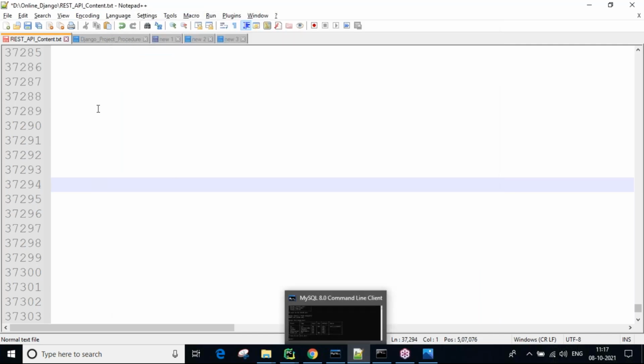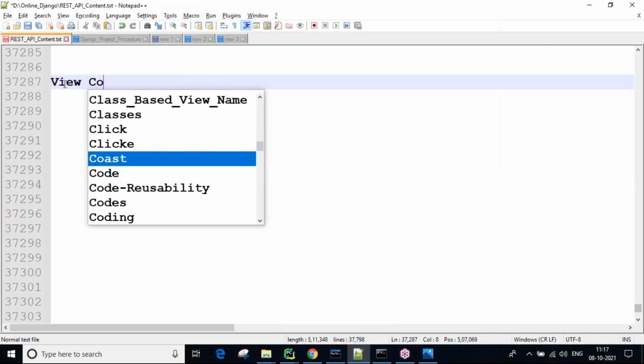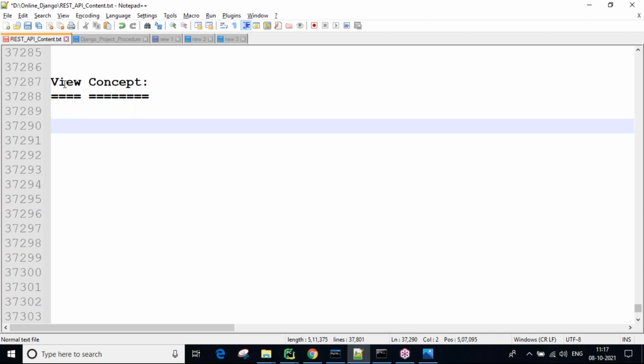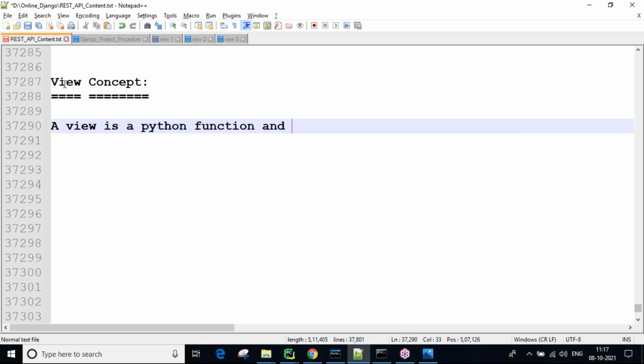Now, simply about the view, the view concept. A view is a Python function or a Python class.